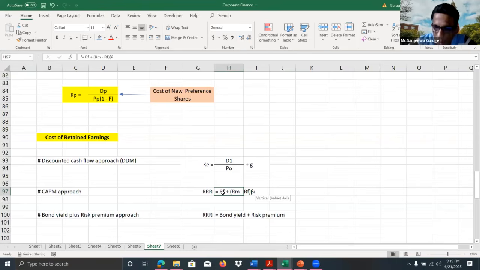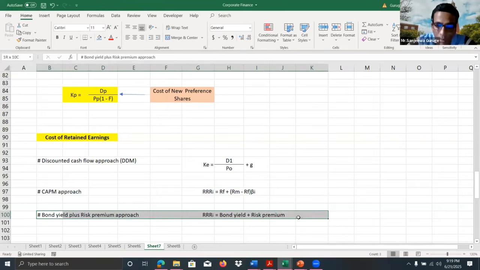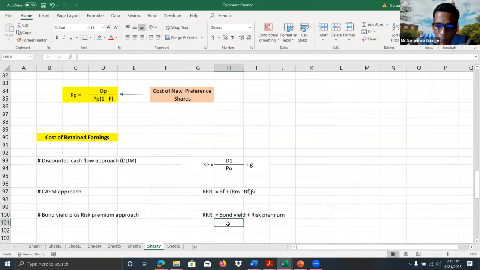Treasury bill rate. But when an organization is planning to use retained earnings for a long-term project, what is the more appropriate value to use as the risk-free rate? Treasury bond rate. So that's why some of you have already mentioned T-bond rate is more appropriate. Therefore, when the organization is planning to use retained earnings for a capital investment, right? This method is used to estimate the cost.